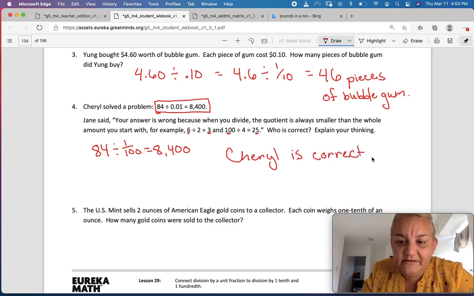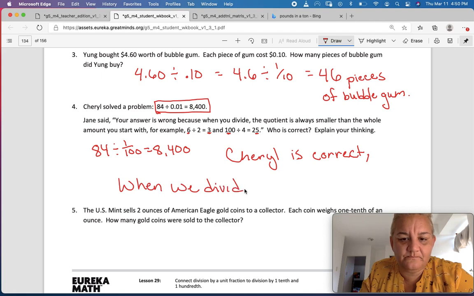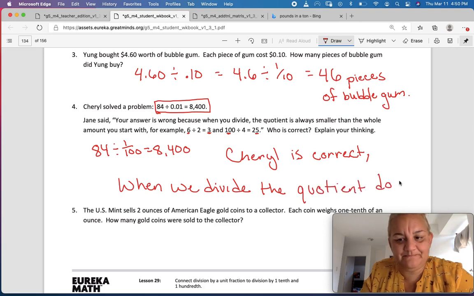When you divide, or when we divide, the quotient, the answer, doesn't have to be